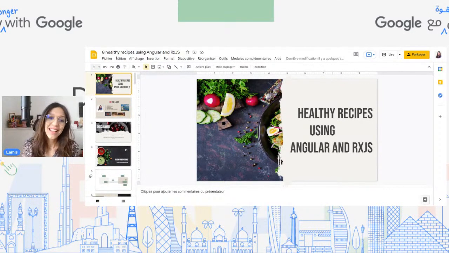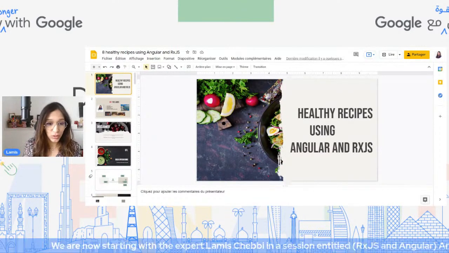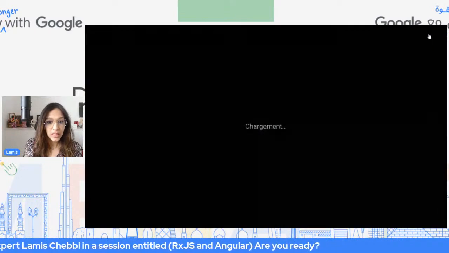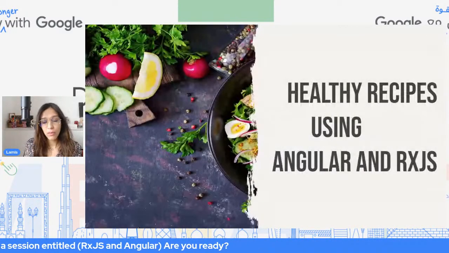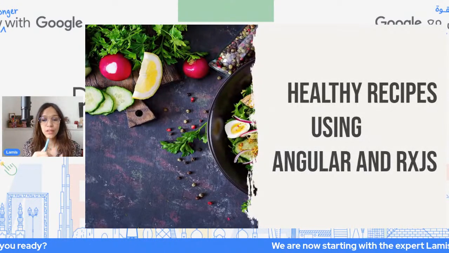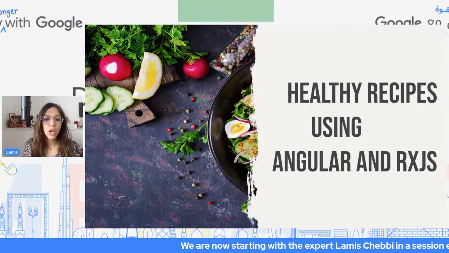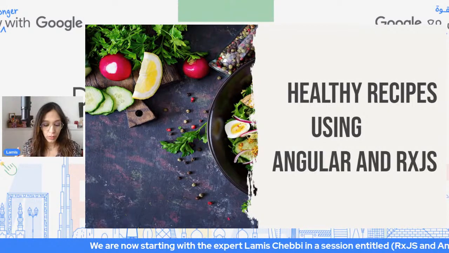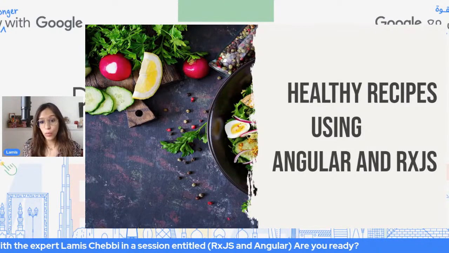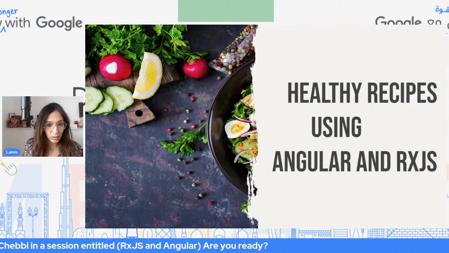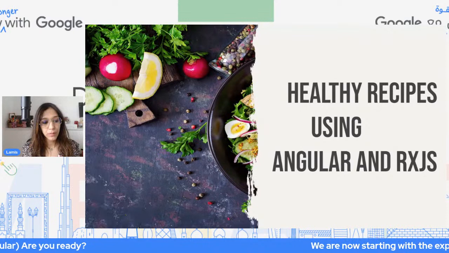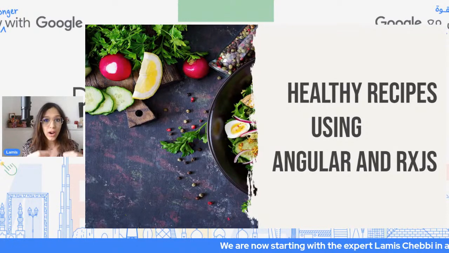I was muted. So hello everyone, hope you're doing well and you're in good health. So today it's my fourth session about RxJS for beginners. The topic today is a little bit advanced, but last time we went through RxJS subjects, we went through the basics of RxJS and RxJS operators. And I think at this level, we can hit the next topic and see some real-time use cases of RxJS